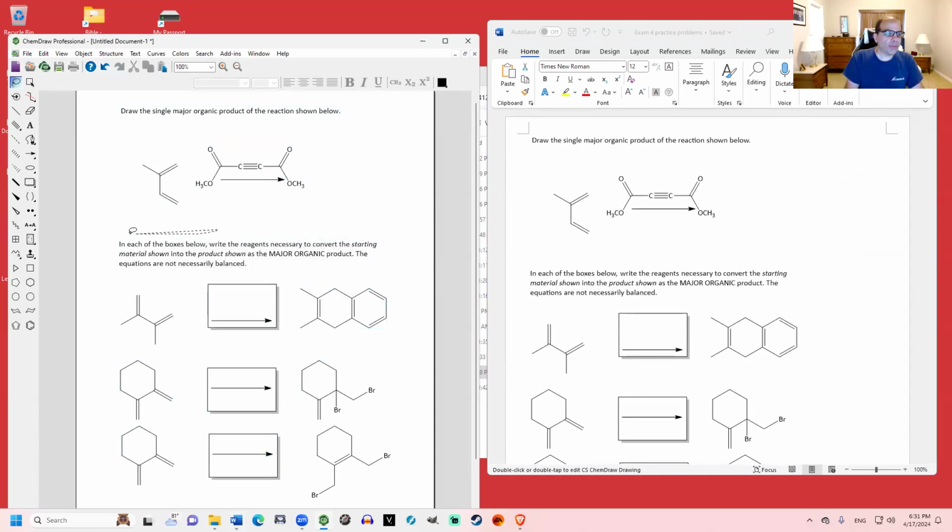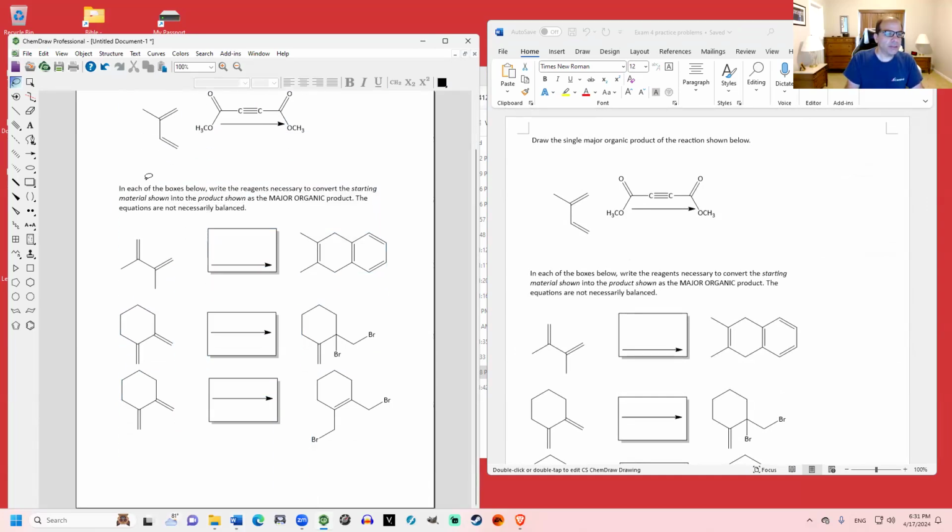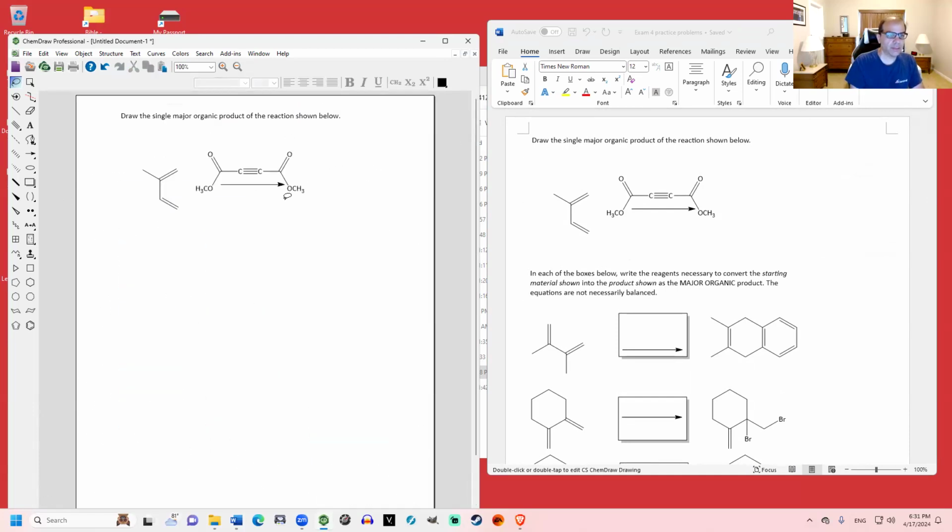All right, so this first question gives a conjugated diene and an alkyne. In class on Monday, we said that you can get a Diels-Alder reaction with an alkyne as the dienophile, especially when there are electron withdrawing groups attached, which we have here. So in order to figure out what the product is,